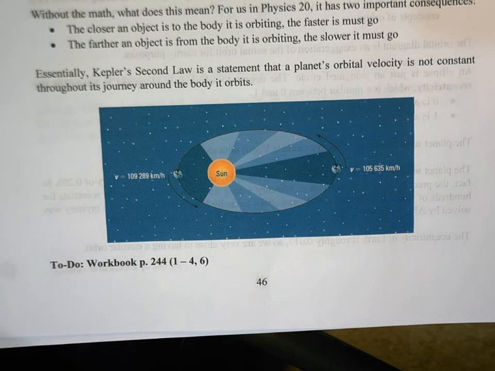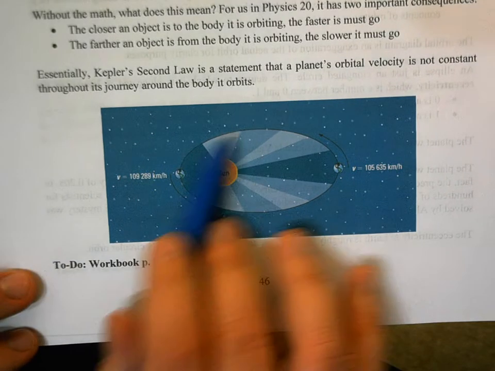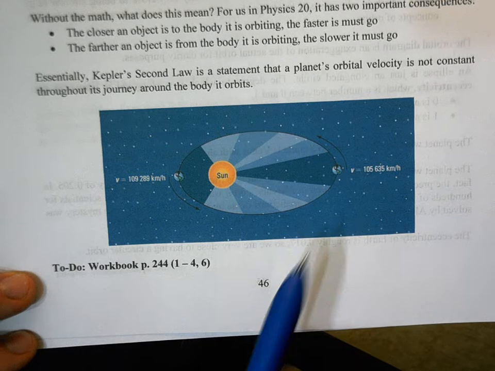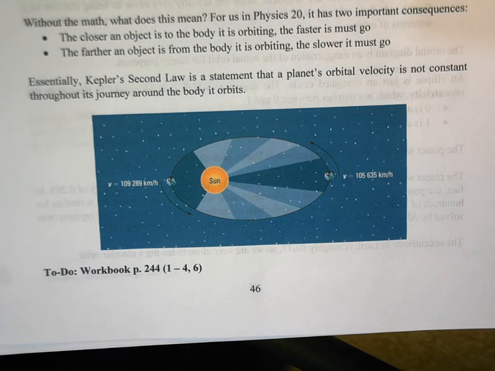So when we're doing our calculations for orbital speed with v equals 2 pi r over t, the radius we're using is an average. We're not using any particular radius, we're using an average of this radius. Technically, we're using something called the semi-major axis. Let's not worry about that now. But that's all Kepler's second law has to say.